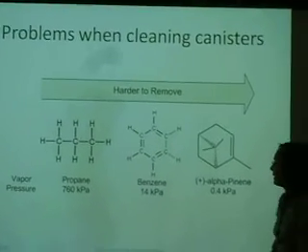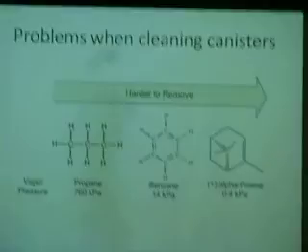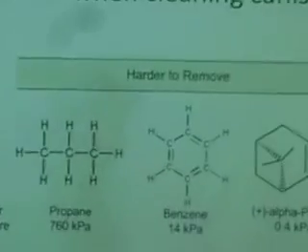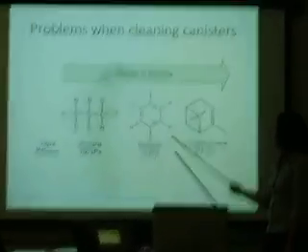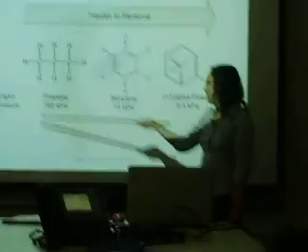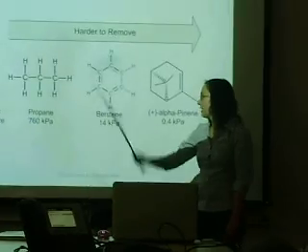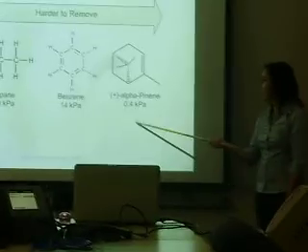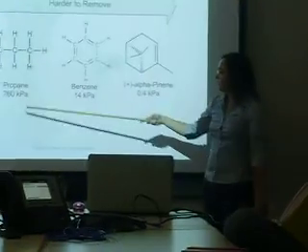Because the structure of the molecule and its characteristics have a huge impact on the removability, I also wrote down the vapor pressure. As you notice, propane has a much higher vapor pressure than alpha-pinene, which means it's more volatile. So this one